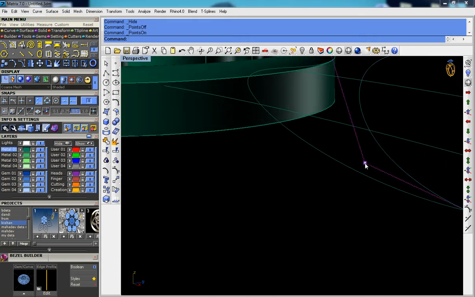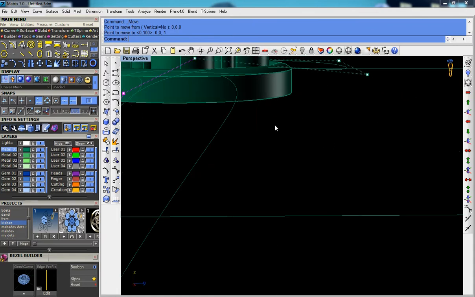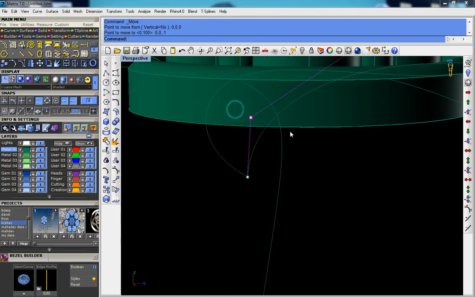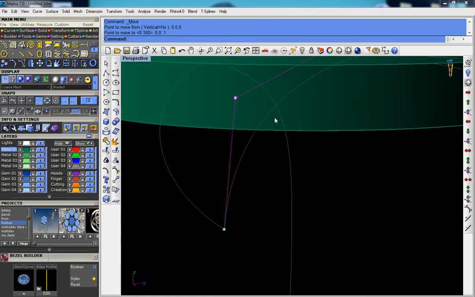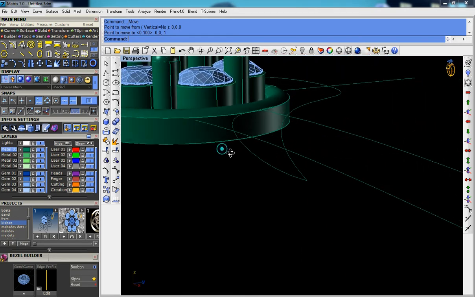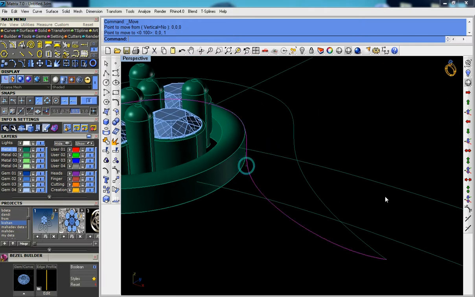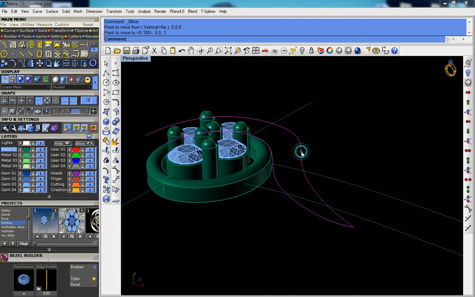Click F10, select the point. Now make it smooth. Click F10